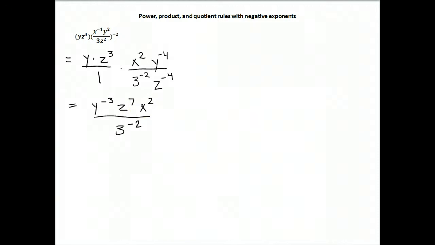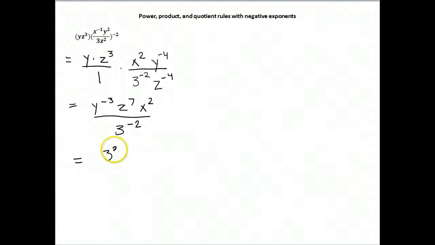We don't want negative exponents in our answer, so after you combine using the product rule and the quotient rule, the final step is to get rid of the negative exponents, and that's an easy step. All you have to do is, if it's a negative power in the numerator, just bring it down to the denominator and it becomes positive. If it's in the denominator, bring it up to the numerator and the power becomes positive. So what we end up having is